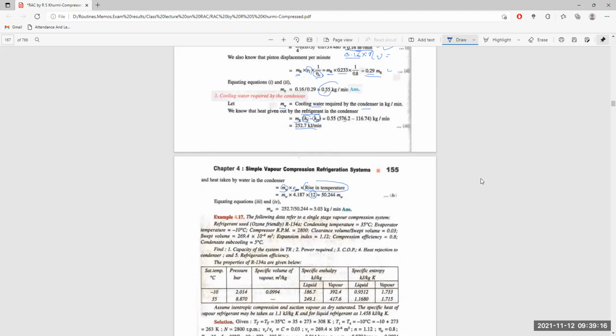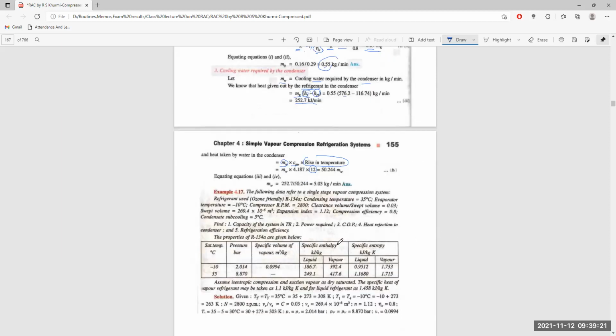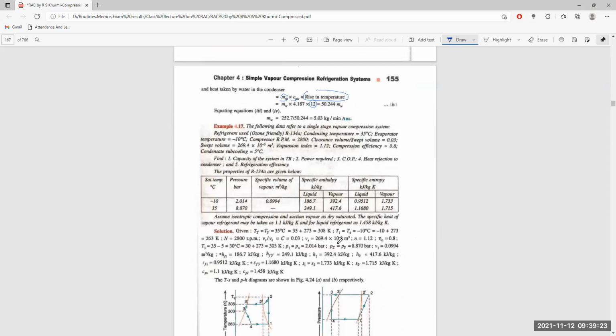So thus we have calculated all the three parameters which we are supposed to calculate here. In the next problem,